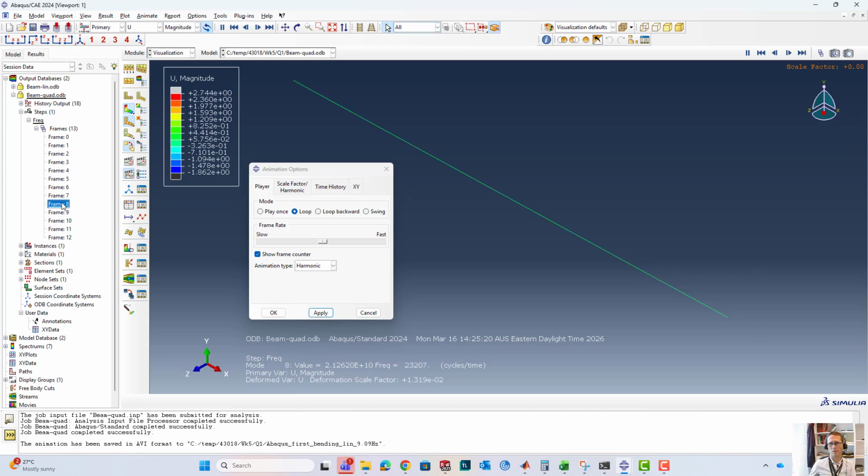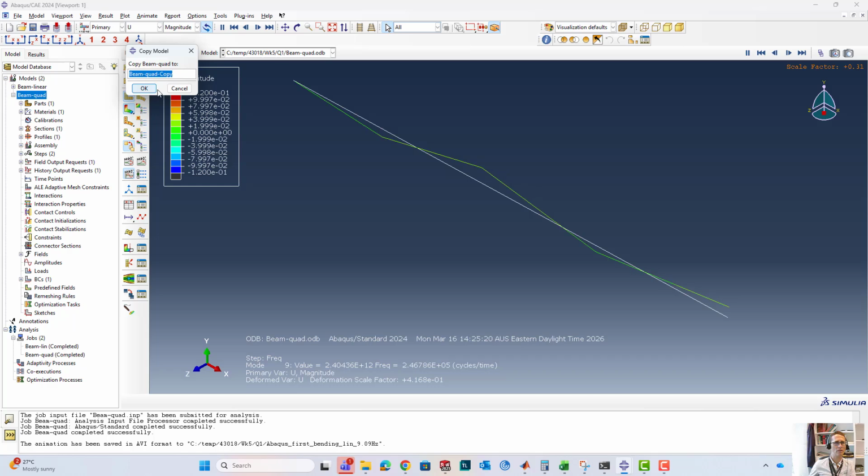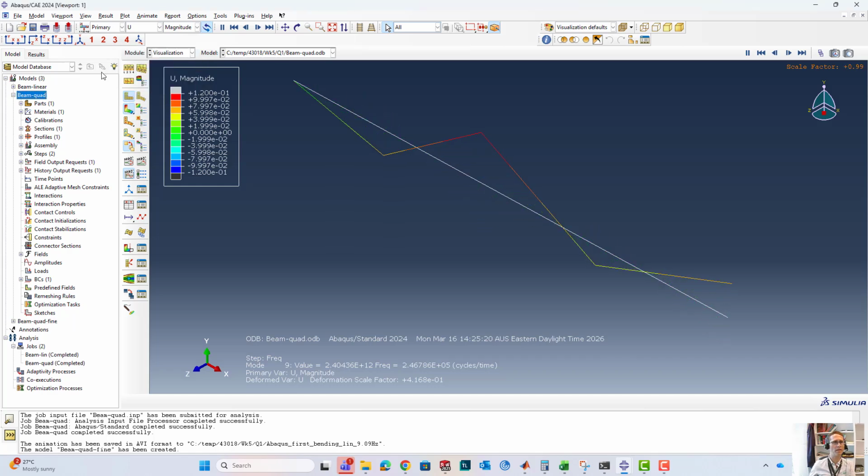Okay, so actually we should turn this one off, and you can see those additional frequencies. Now, to get better frequency estimates with Abaqus, I should have more elements than I have. So if I copy that model and have it much finer,